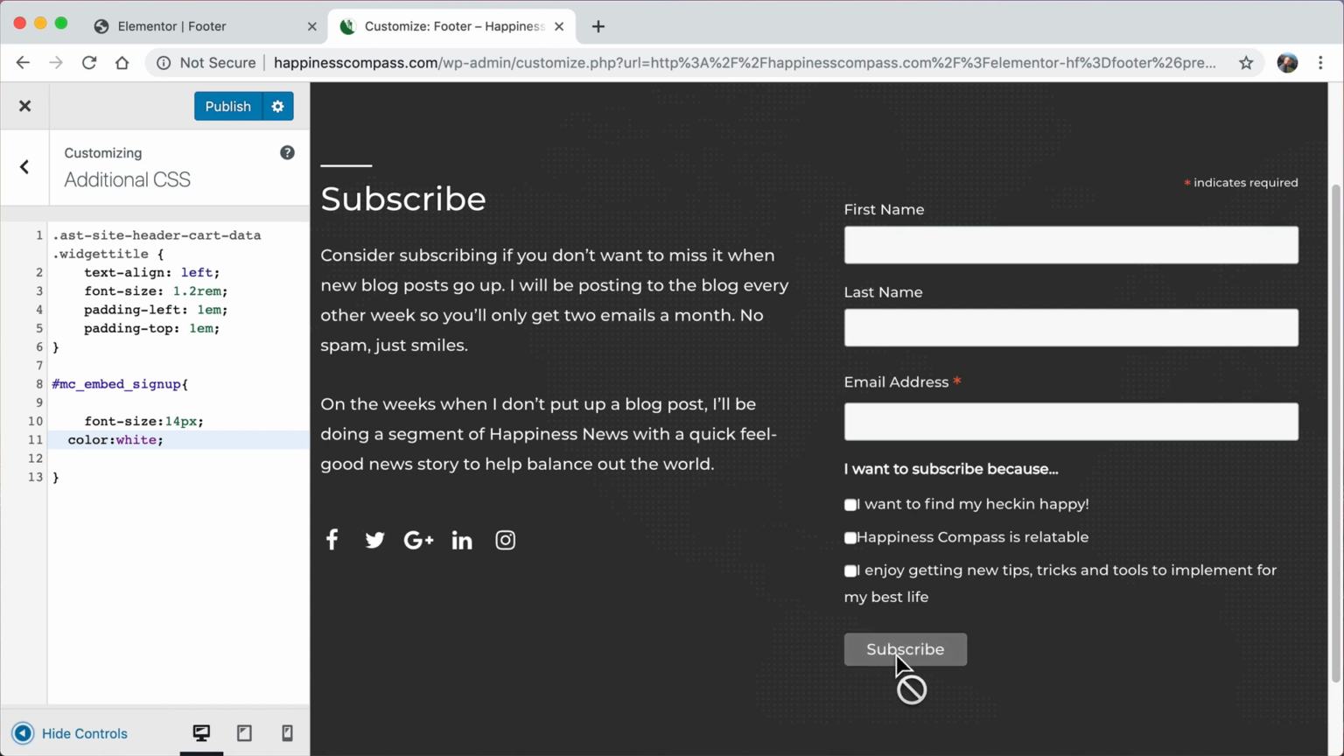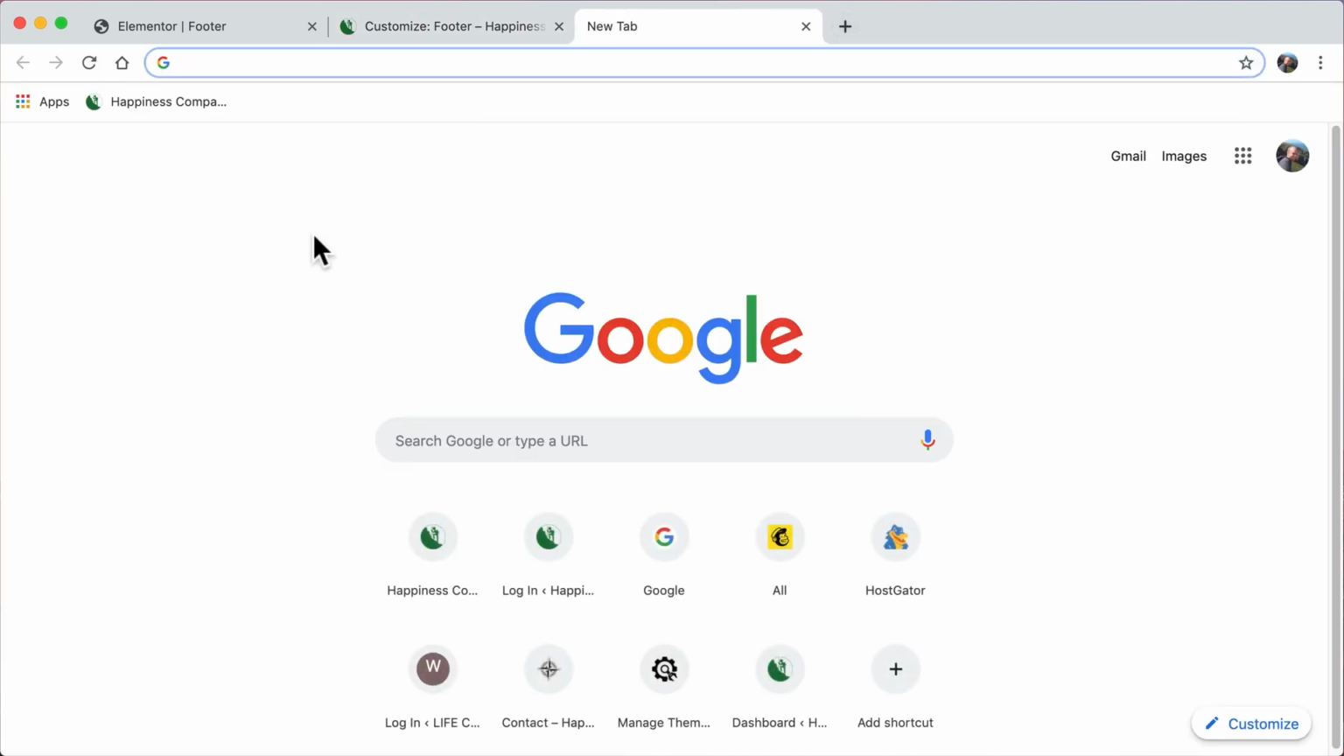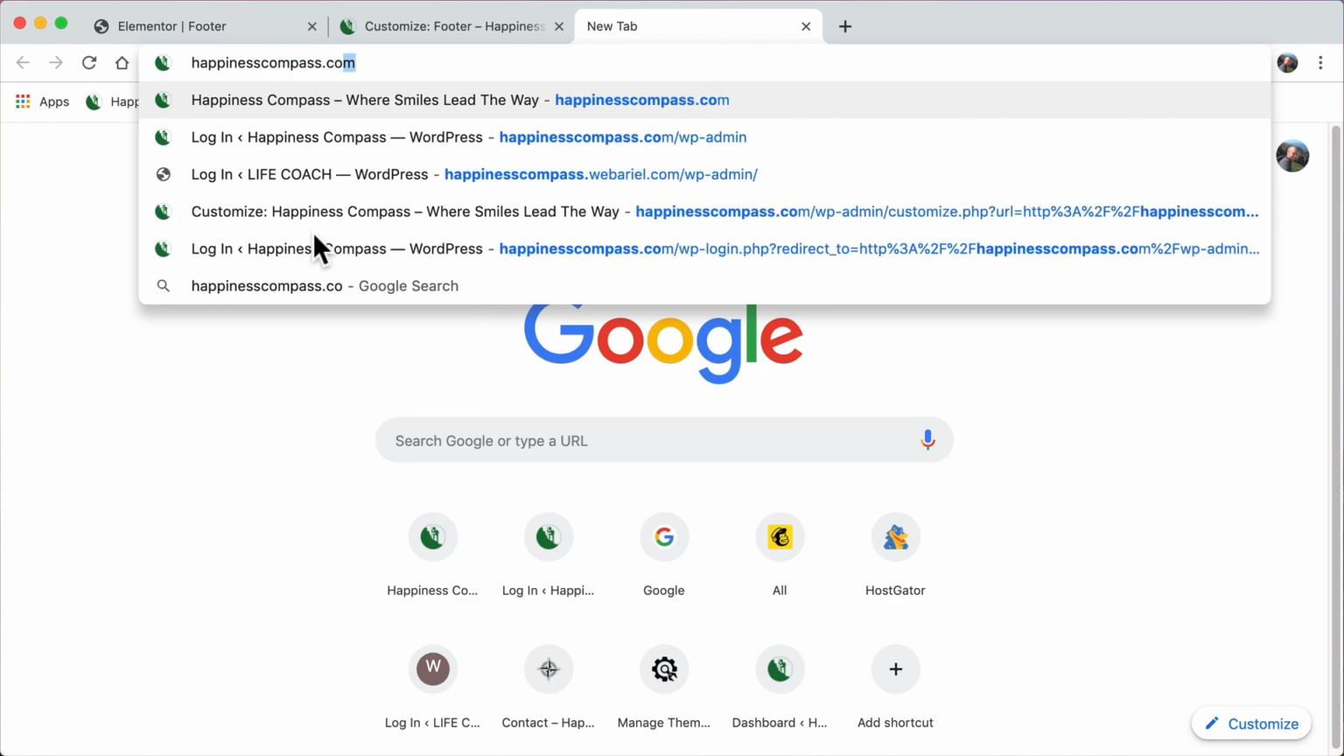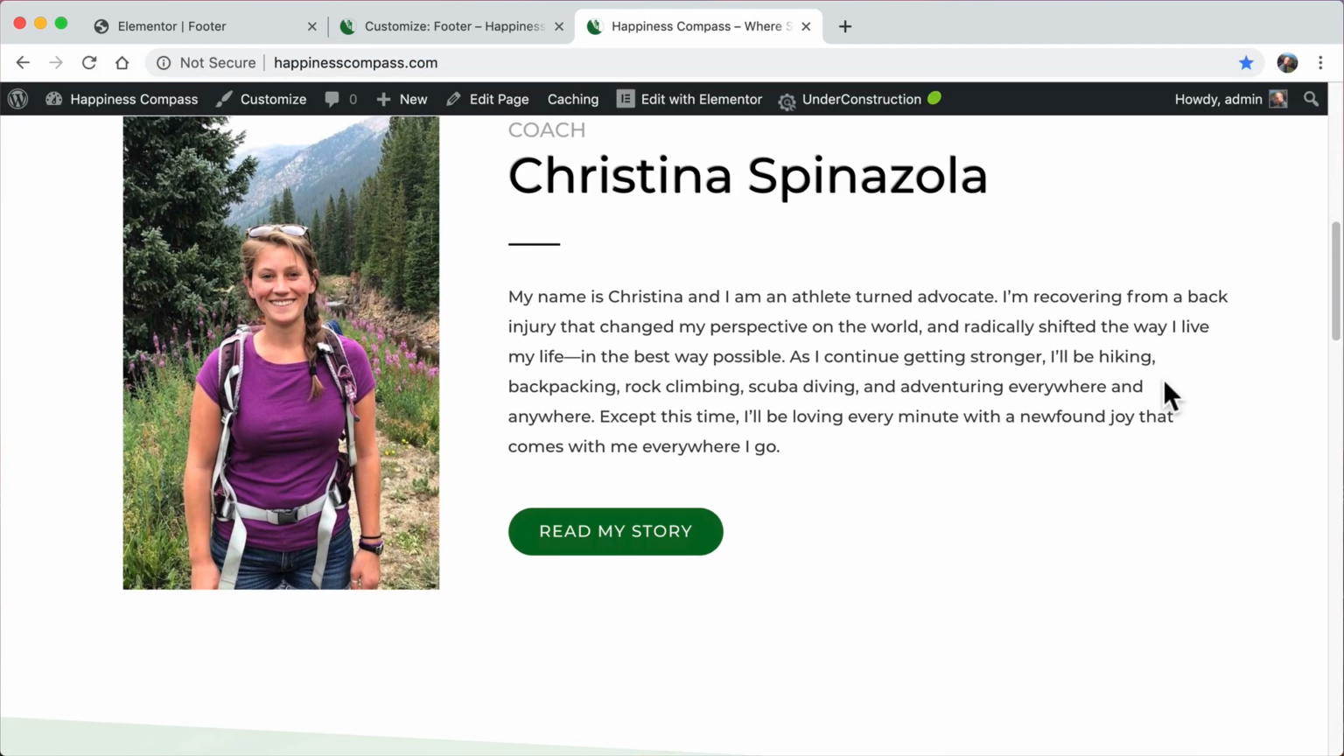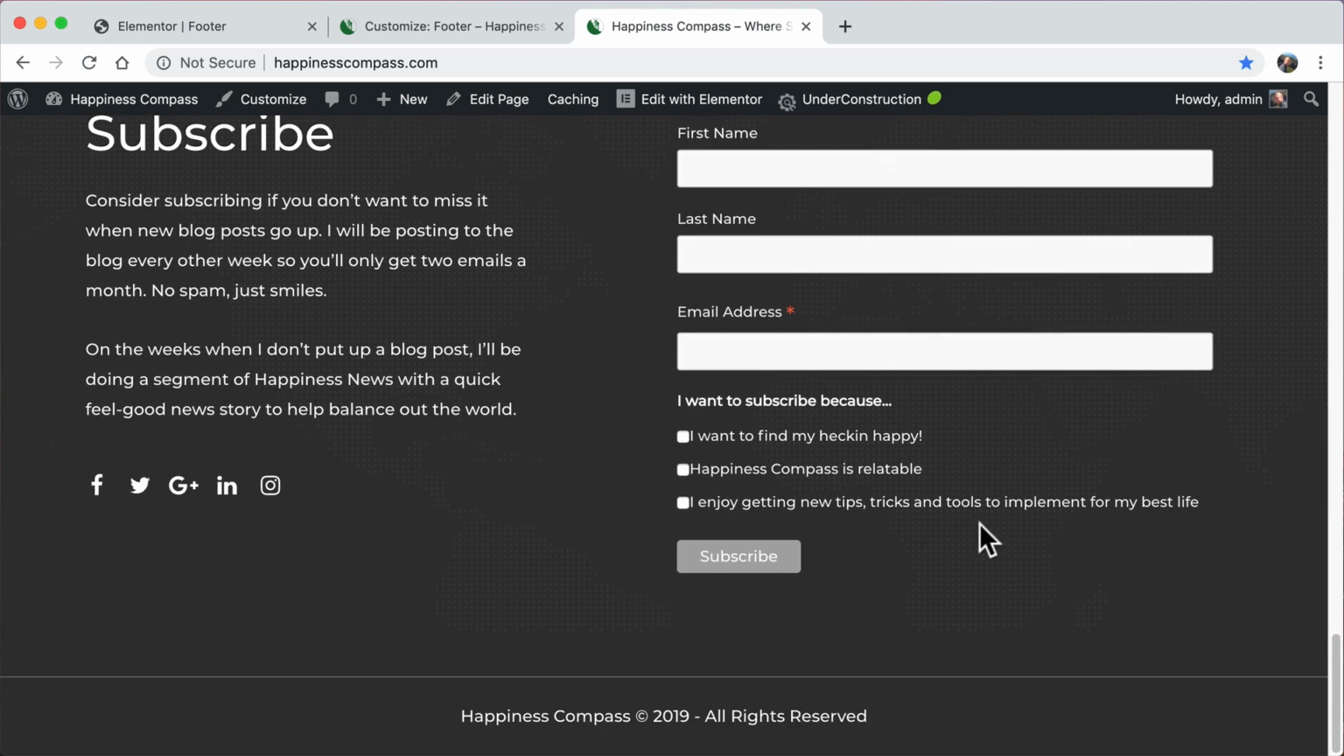All right, but how will we change this subscribe button? Let's go ahead and publish that. Let's open up a new tab, and let's go to happinesscompass.com or wherever your website is. Scroll down, and there's an even better way to control your CSS in a much easier way. For this, we're using the browser Google Chrome, which I recommend anyways. It has some developer tools already with it in every single version of Google Chrome. Well, maybe not the mobile version, but every single desktop version, that will allow you to more easily change the